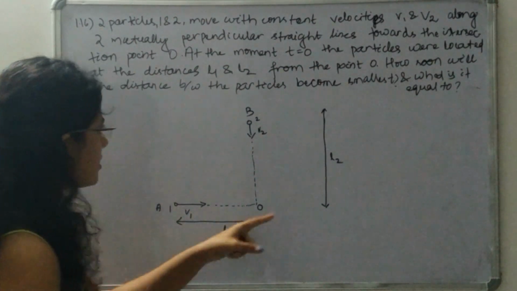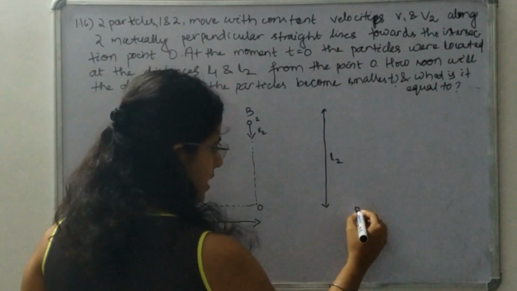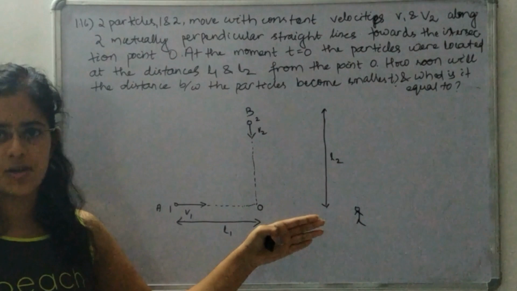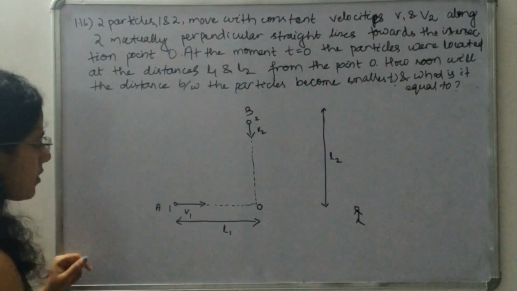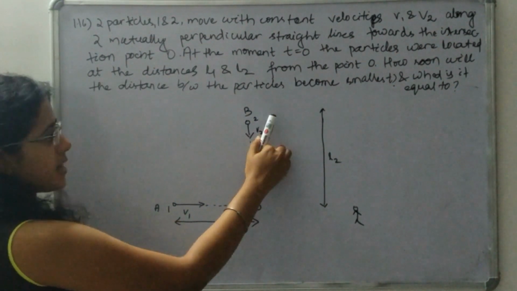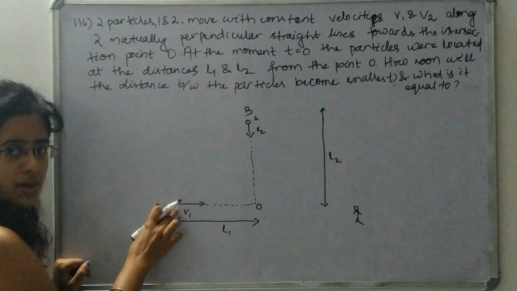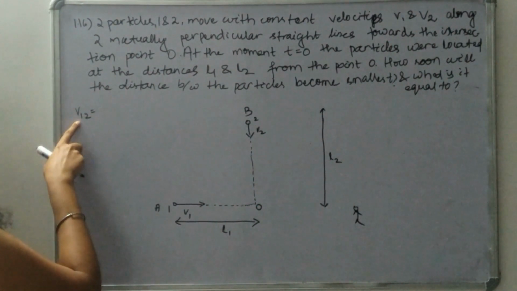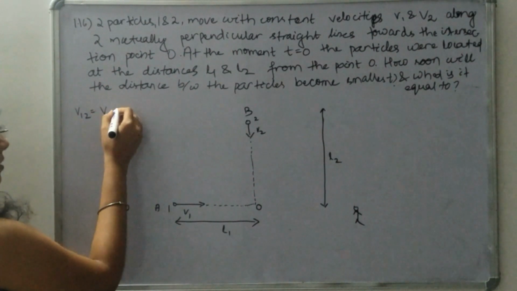All these velocities which we are discussing here are with respect to the ground frame. Let us say I am standing here and I can say that this particle is moving in this direction with velocity v1 and the second particle is coming in this direction with velocity v2. Now let us say I am inside this frame of particle 2, I am standing in this frame. So what can I observe? The relative velocity of particle 1. So how much is this relative velocity? The relative velocity of particle 1 in the frame of particle 2 is v1 minus v2.